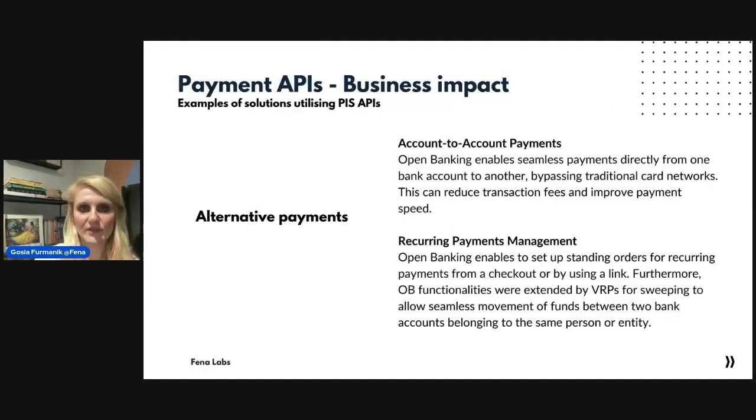And the second part, as I mentioned, the second type of APIs and solutions related to it are payment APIs. And they're mainly useful as an alternative payment method. There are two subcategories within open banking payments. There are account-to-account payments, otherwise known as single domestic payments. Those are just one-off transactions that the user approves from one bank account to another, that can be used within the e-commerce setup in a checkout.